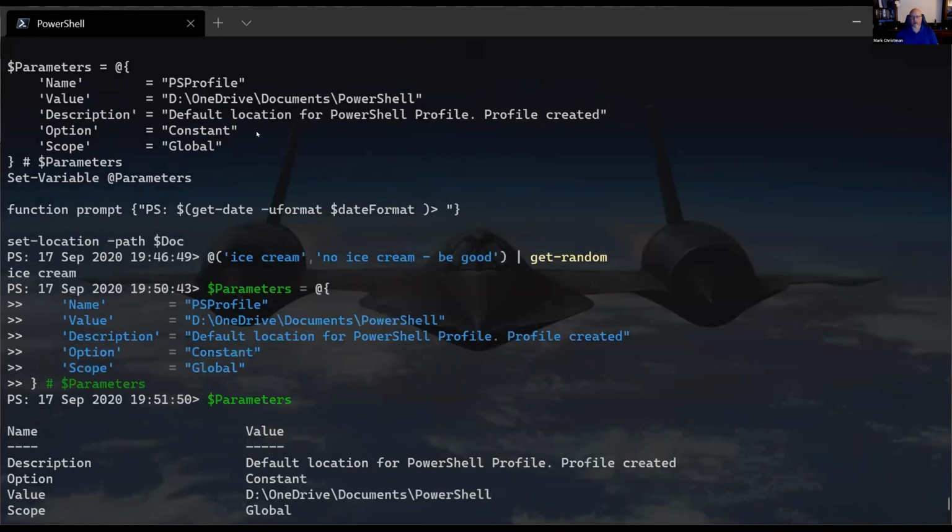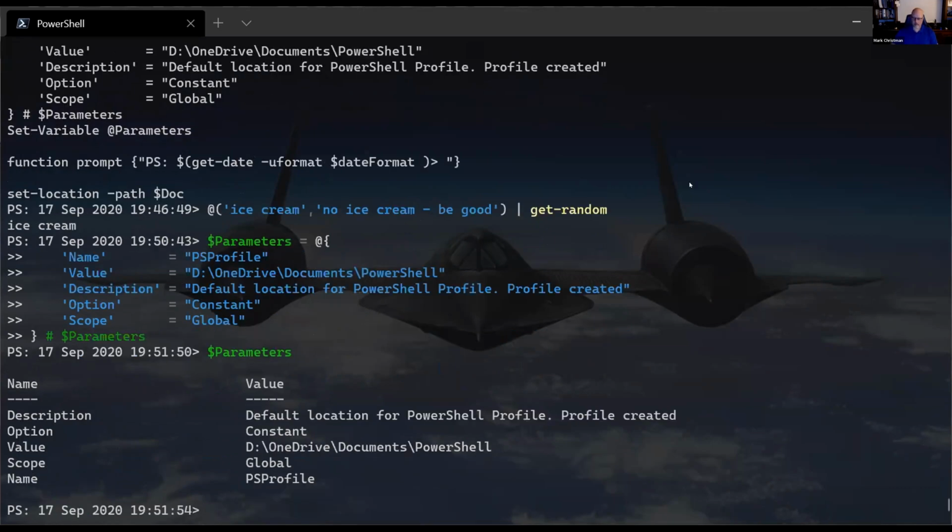Now you might notice the hash table is coming out in a different order than what it was originally specified in. If instead I added a little bit up front, and I don't even remember what to call this,